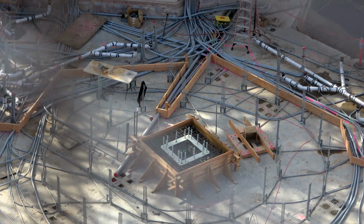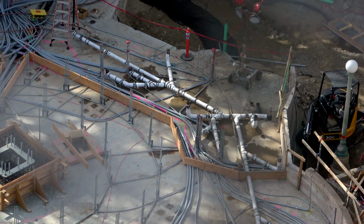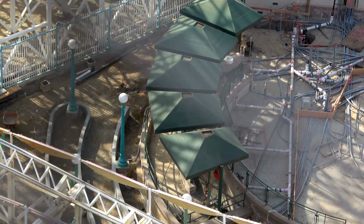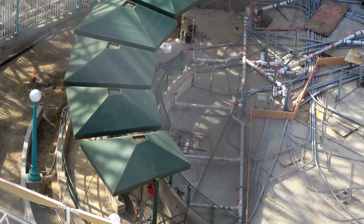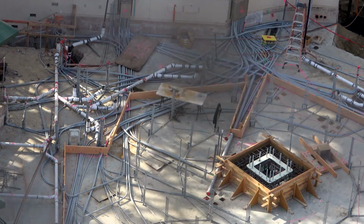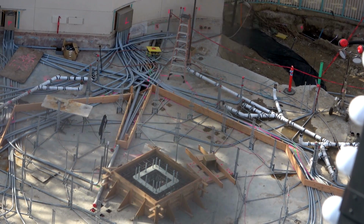This is going to be the first real chance we've had to observe them build a ride from this perspective. Normally we're on the ground, and our perspective is not very good. There's the concrete that I was talking about earlier. They poured since last week for those. Those are probably going to be planters. But yeah, we're going to get to see what it looks like to build, even if it's just a basic ride like